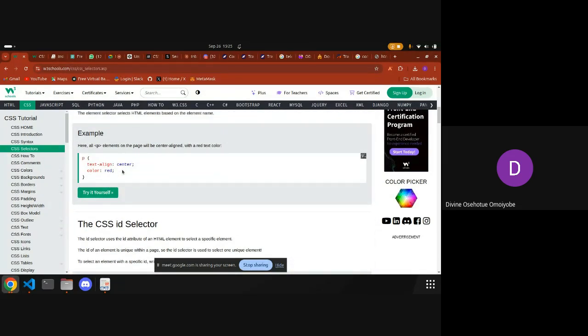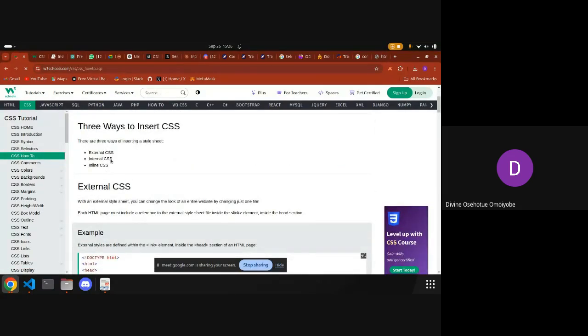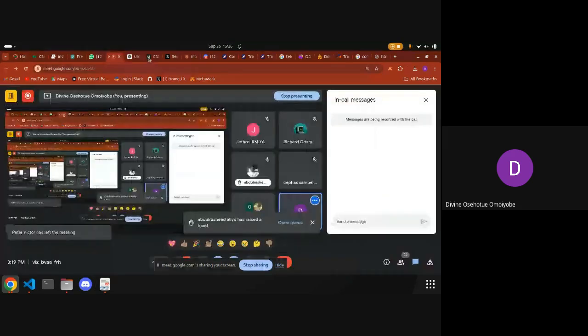So before we come back to our CSS selectors, for now we'll look into how CSS can be applied. So CSS can be applied to HTML in three main ways. You have the inline CSS, the external CSS, and the internal CSS. So far,